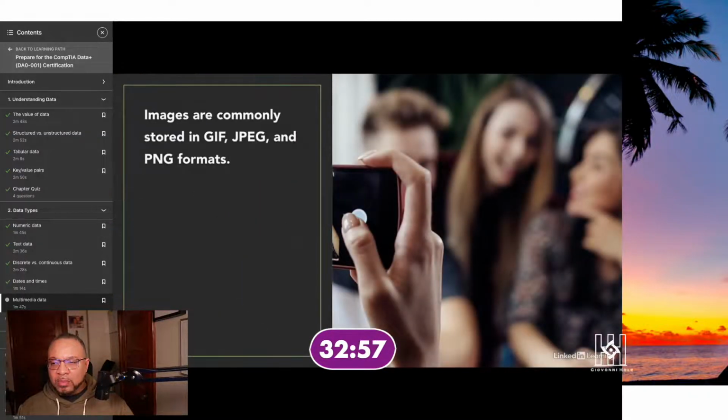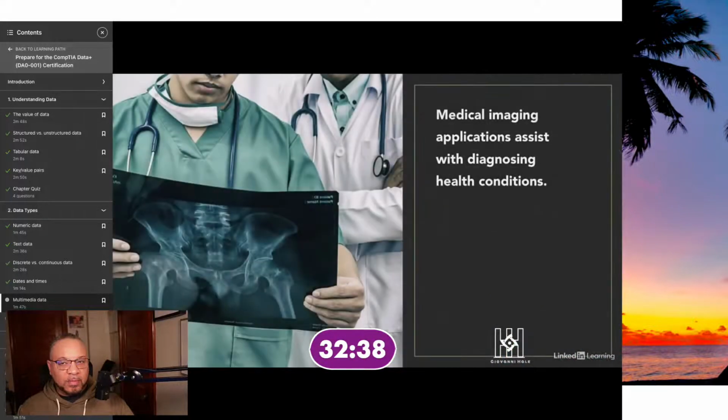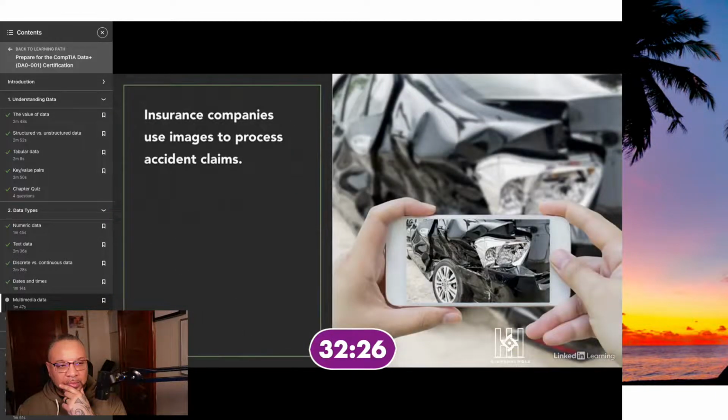Now, people around the world armed with smartphones take more than 1 trillion photographs every year. Some of those photographs make their way into databases where they must be converted into ones and zeros for storage in binary form. Fortunately, image formats like GIF, JPEG, and PNG take care of all of that formatting for us. Image data is useful in many industries. Doctors, dentists, and other healthcare professionals rely upon images to provide accurate diagnoses of their patients. Insurance companies store images of the damage from car accidents to assist in the processing of claims and possible lawsuits. And there are many other examples of business use of images.